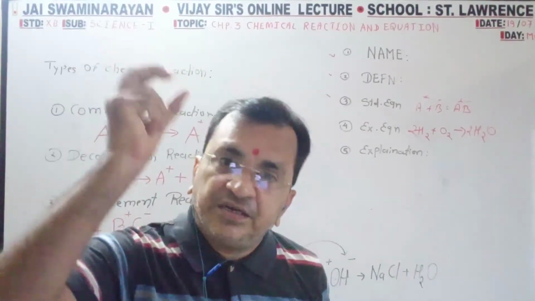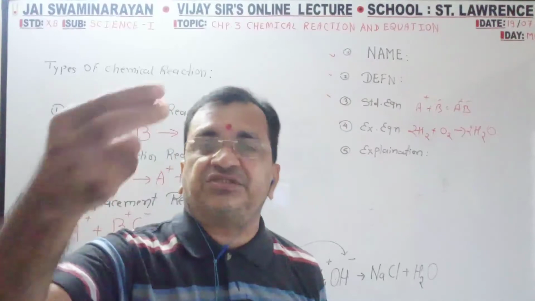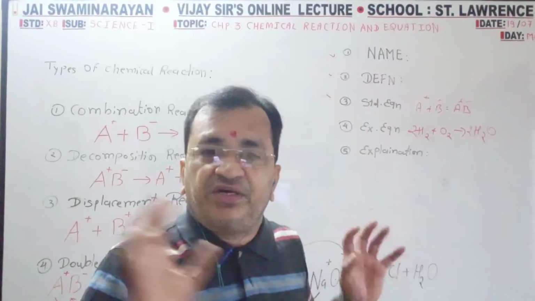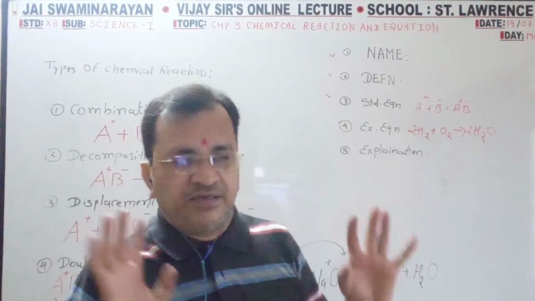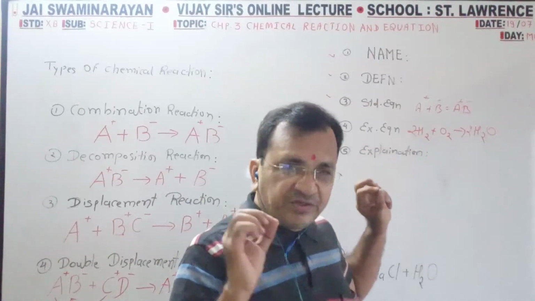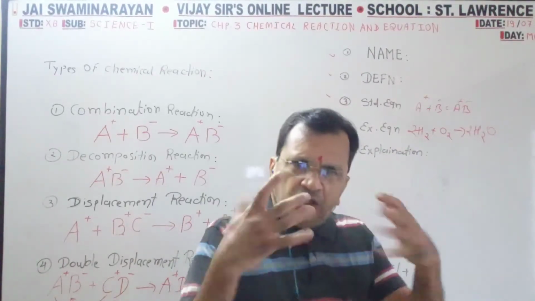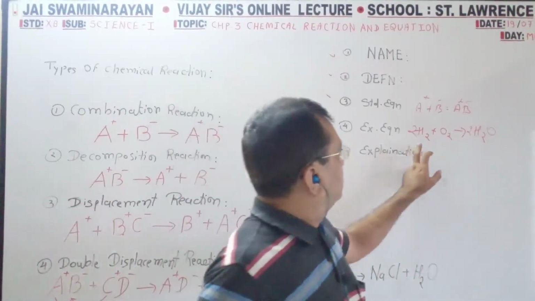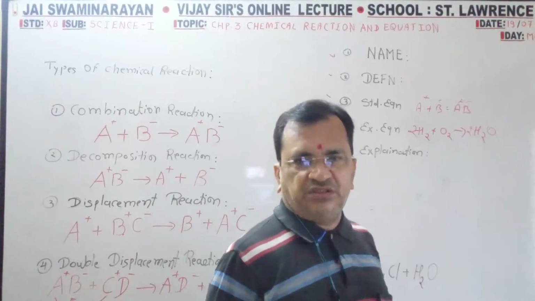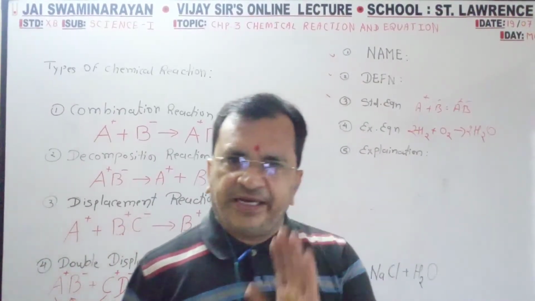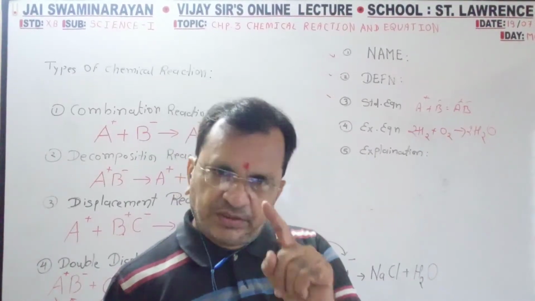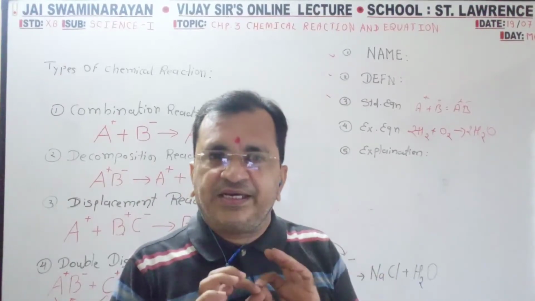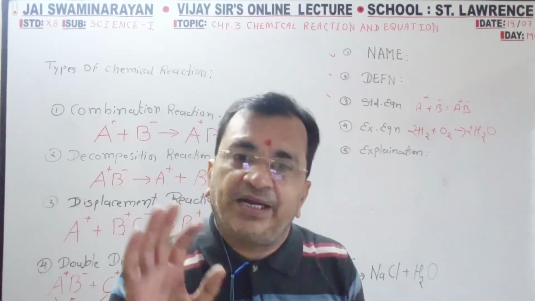Heading you will write, its definition you will write, its standard equation you will write, and according to that you will write the equation. Then explanation means what? Whatever you have written in the equation, that you have to write in words. Simple. When hydrogen gas reacts, all words, spelling, no symbols, no shortcut. When hydrogen reacts with oxygen, combine to form water. Don't write H2O, write combine to form water. So here your full answer is completed. No one can cut even your 1/4 mark.